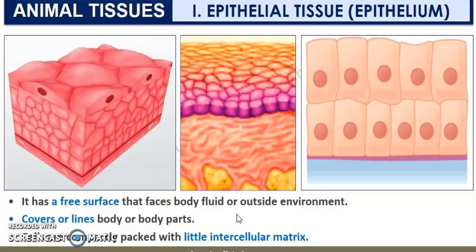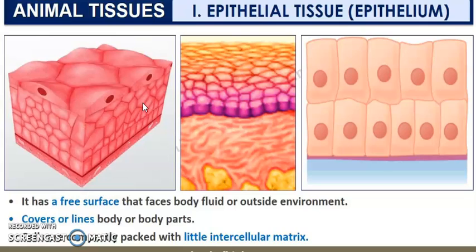In some of the body parts we are able to find this epithelial tissue. And now let us see how the cells are placed in this epithelial tissue. We know that a tissue is made up of a group of cells which performs a specific function. These cells are compactly packed. You can see it here. Compactly means they are very tightly packed.